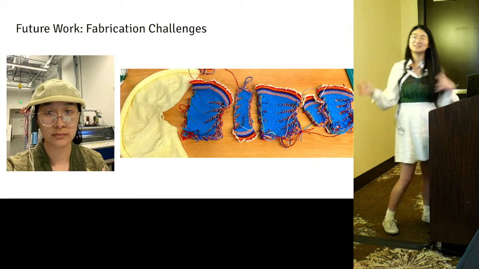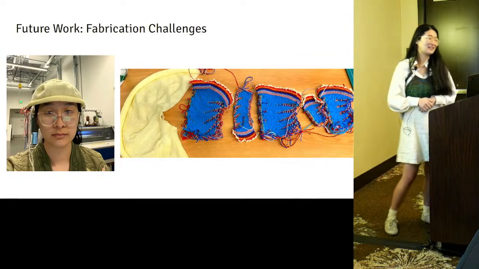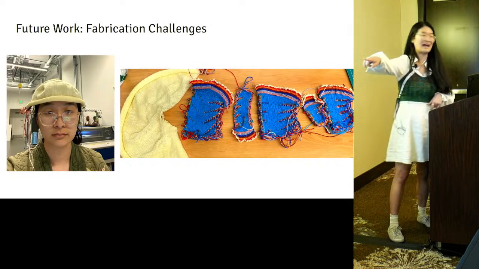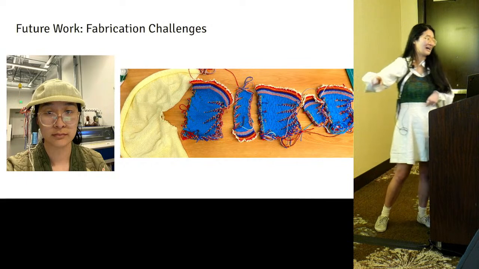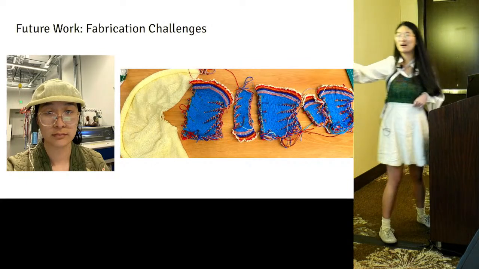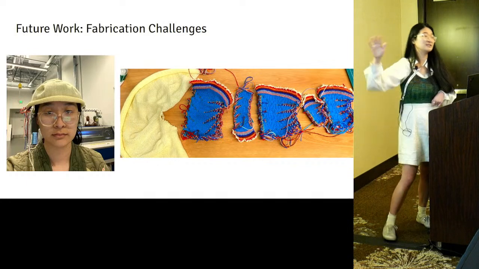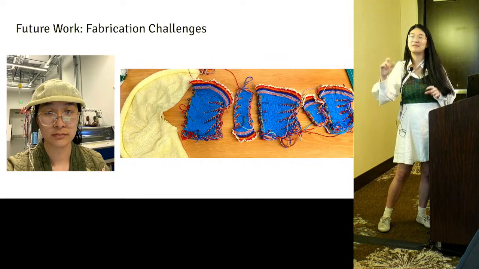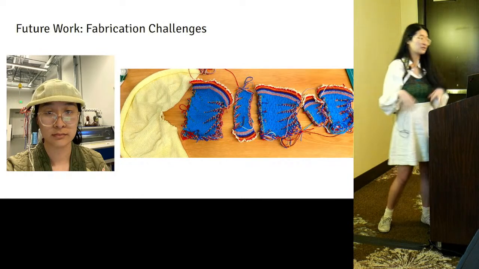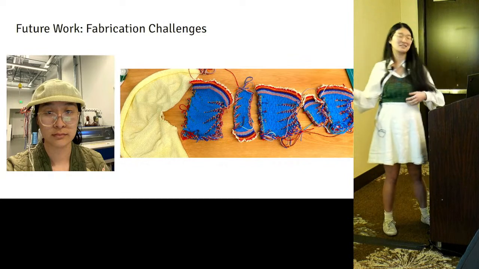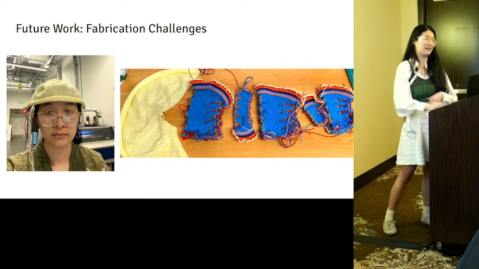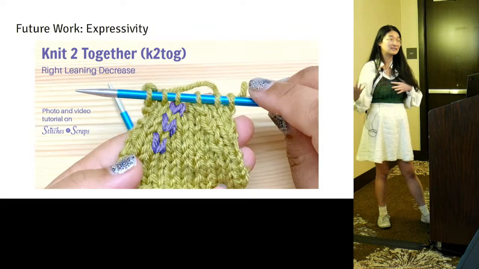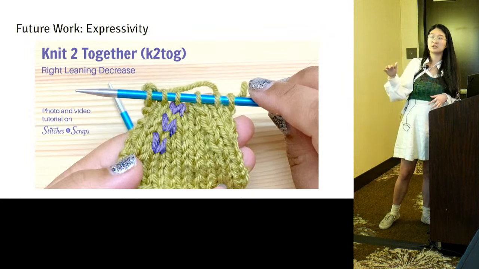And so there's still some future work, I would say. For example, there are unsolved fabrication challenges. I made this hat, which I am delighted to wear. I tried making it with Twine, but I used a certain colorwork technique that caused a really stiff drape of the fabric. And so that ended up making it not so hat-like. So clearly we still need to make advances in fabrication technology that will support the creation of self-replicating objects. Another thing is that we deliberately did not handle things like decreases because we thought that it was pretty difficult to decode what a decrease looks like.